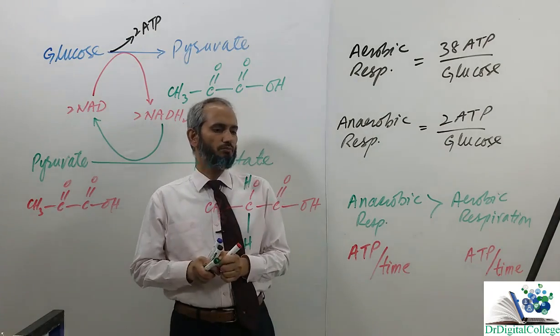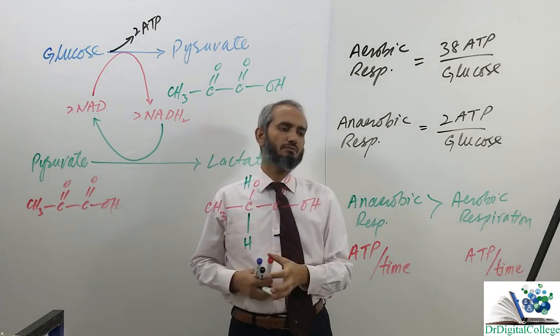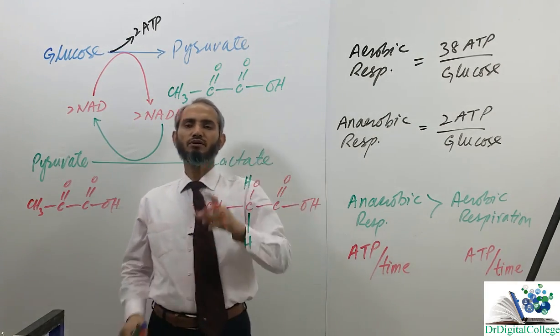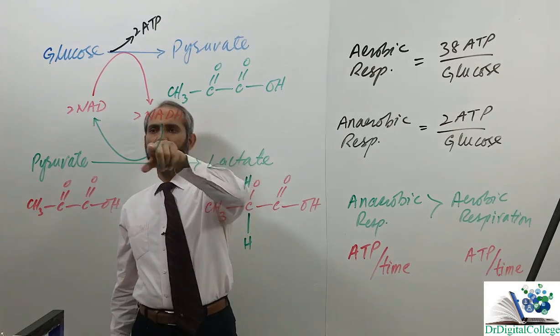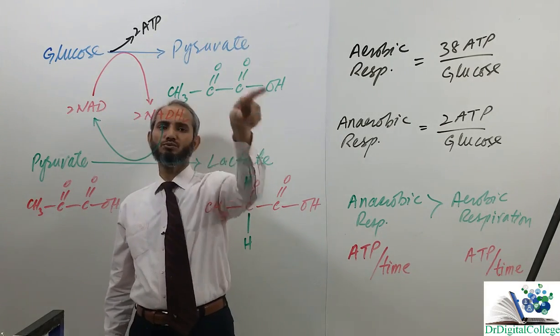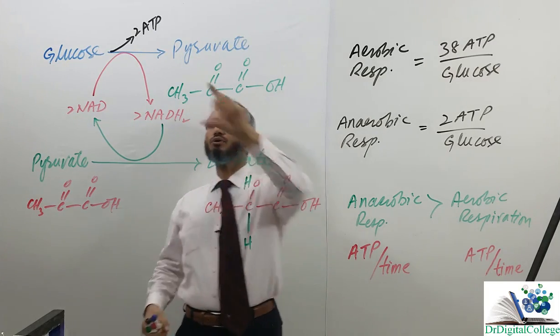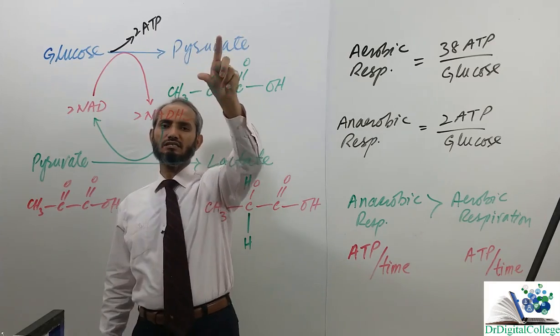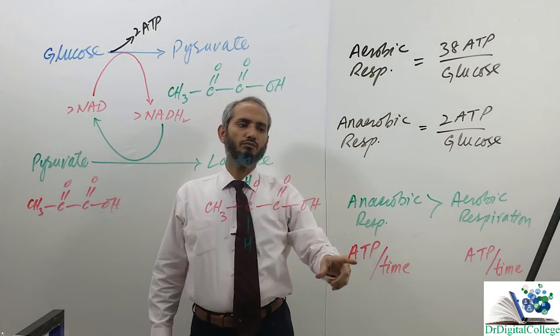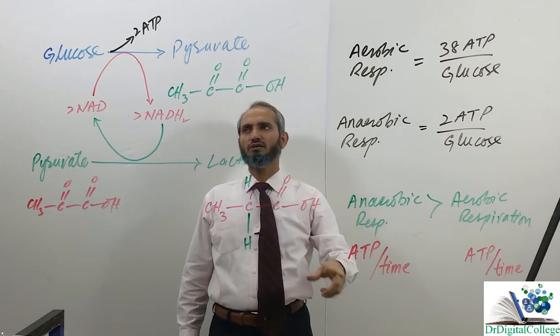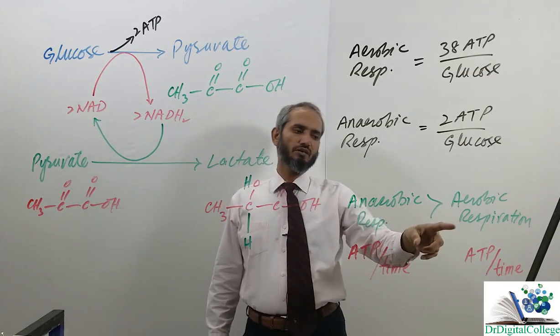Per unit time, ATP produced by anaerobic respiration is much higher. Why is it so? Because NAD is oxidized within the cytoplasm and these two processes are occurring side by side. So the overall speed of glycolysis is greater in anaerobic respiration than the overall speed of glycolysis in aerobic respiration, because